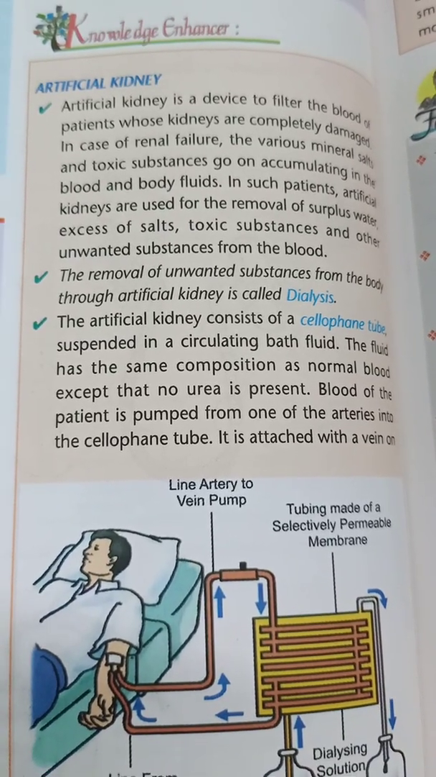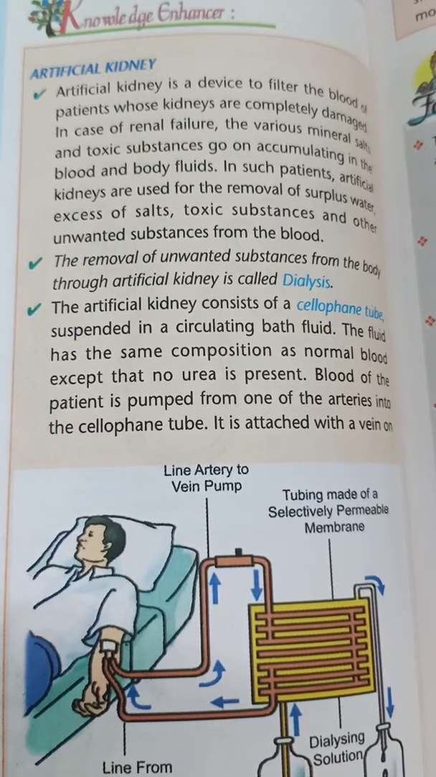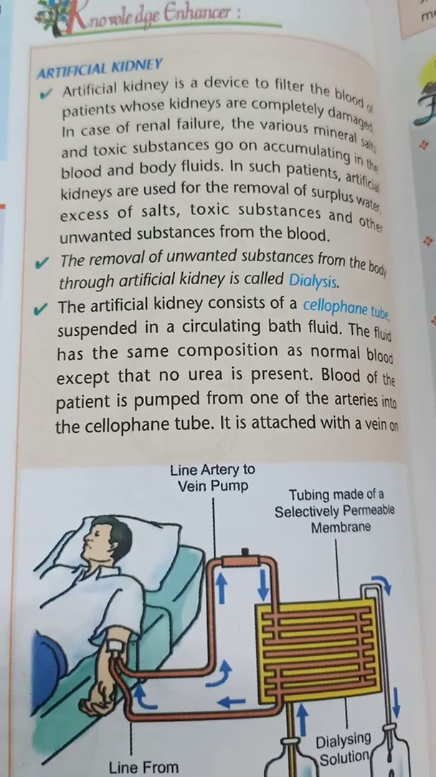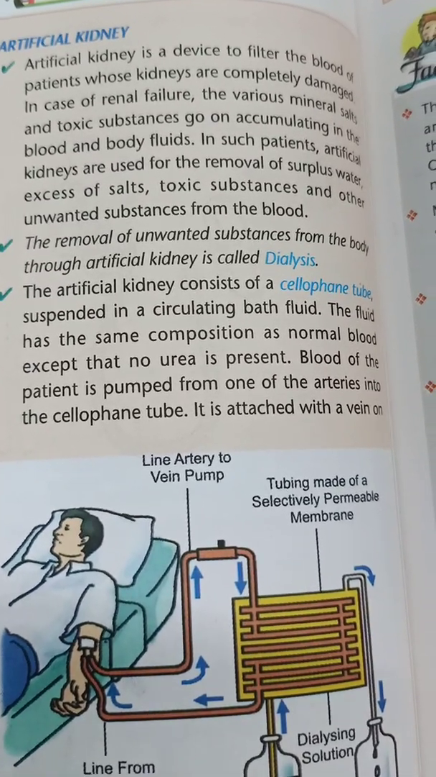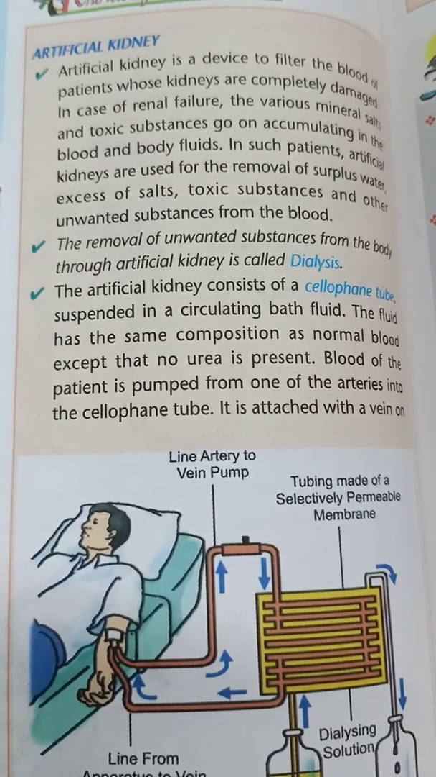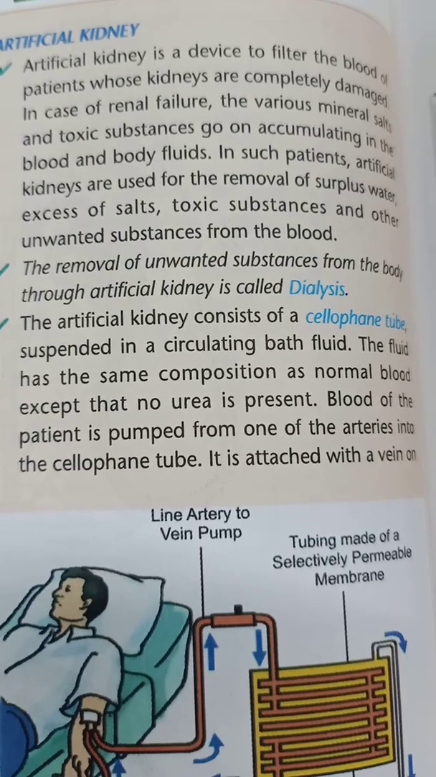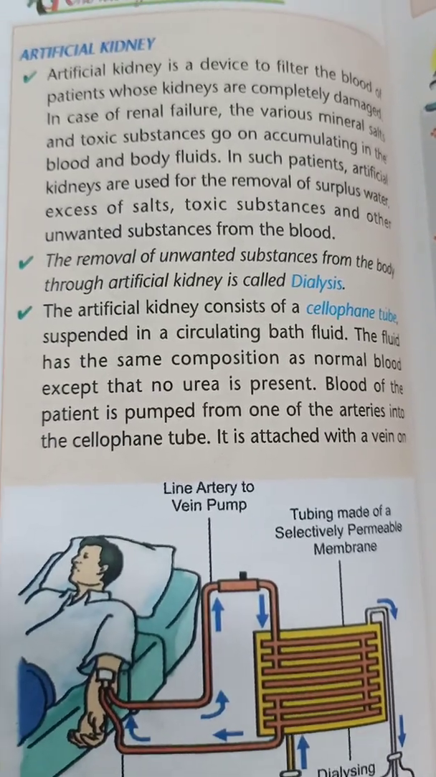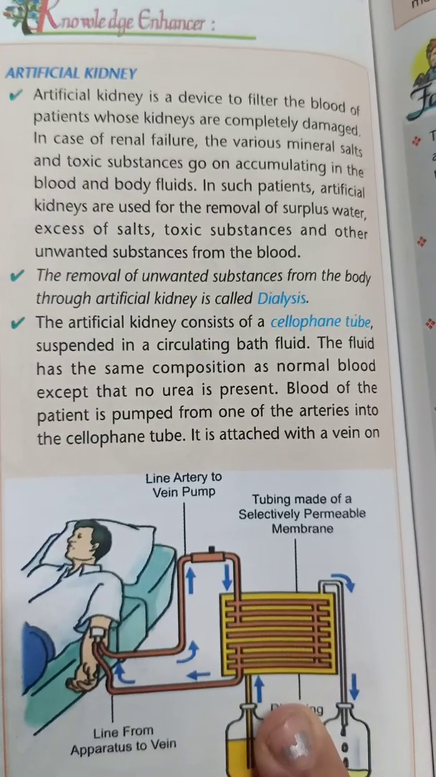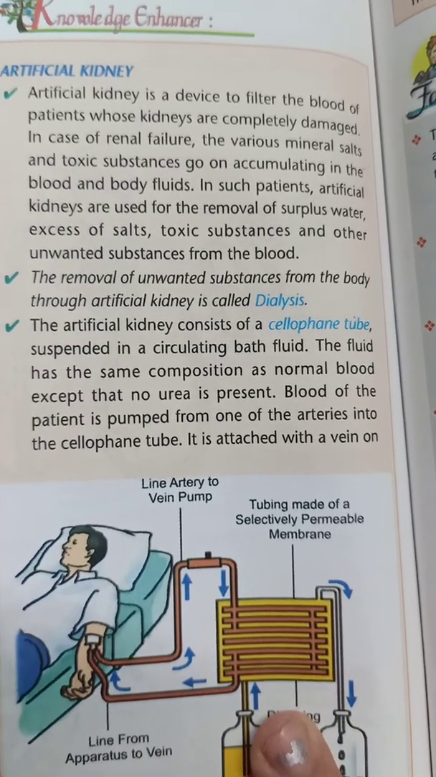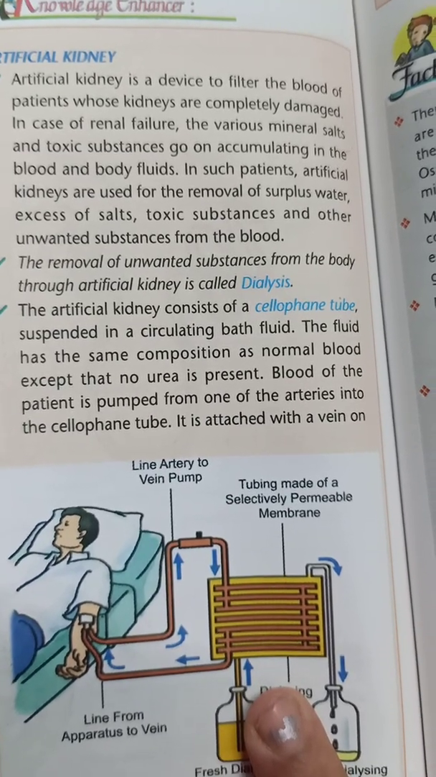Now we come to the other topic, that is the artificial kidney. As I told you, the removal of unwanted substances from the body through the artificial kidney is called dialysis. So here we study this process of dialysis. Now the artificial kidney is a device to filter the blood of patients whose kidneys are completely damaged. This process is used for those patients whose kidneys are completely damaged and not able to work